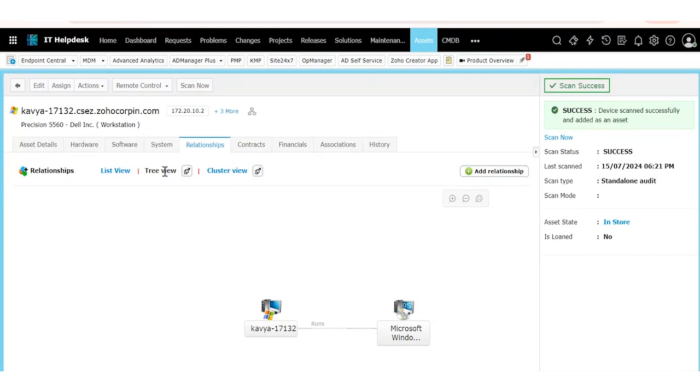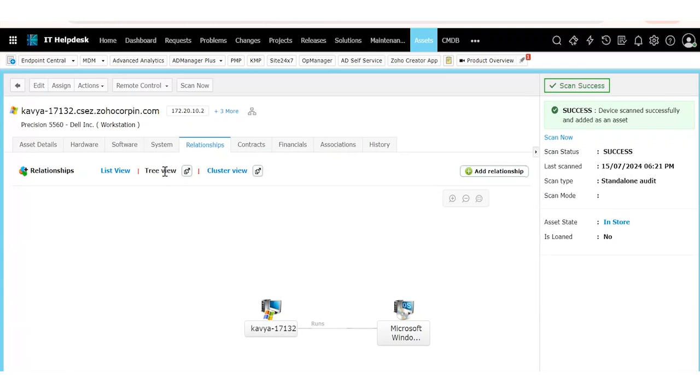So I'll let you know with an example. Let's take one server, a very crucial server that has an application that is being used all over your organization. It is down. Then using this relationship configuration, all the assets or all the users that are connected to this particular server, that is the application which is being used by the respective users, will be connected in this relationship,